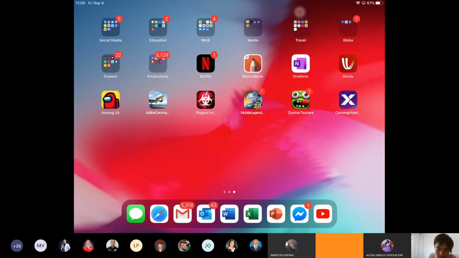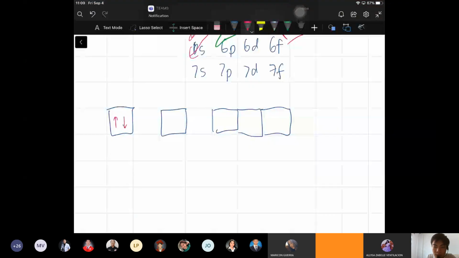Okay. So when filling out orbitals, no, mapapansin nyo, we have one arrow pataas and one arrow pababa. Wala kayong makikita na parehas na pataas na arrow, wala rin parehas pababa, no. The reason why is because of the magnetic spin quantum number for the MS, no. Ano ba yung magnetic spin quantum numbers? It tells us that the electron can only have a spin of positive 1/2 or negative 1/2. Yung positive 1/2, that corresponds to one arrow pataas, and yung negative 1/2, that corresponds to a one arrow pababa,